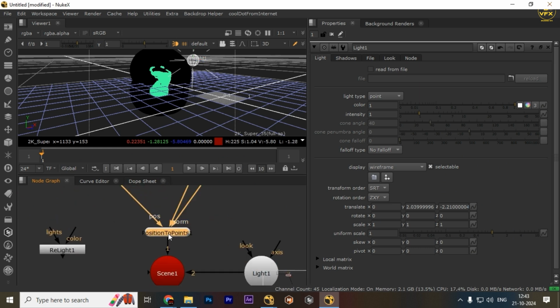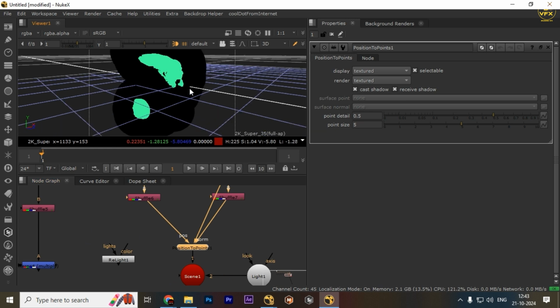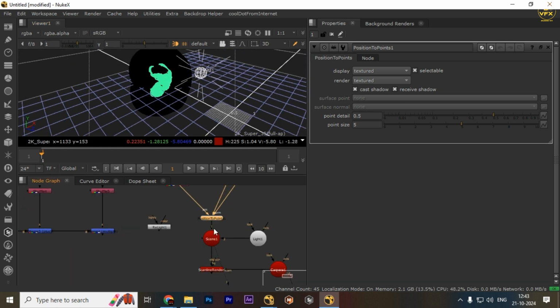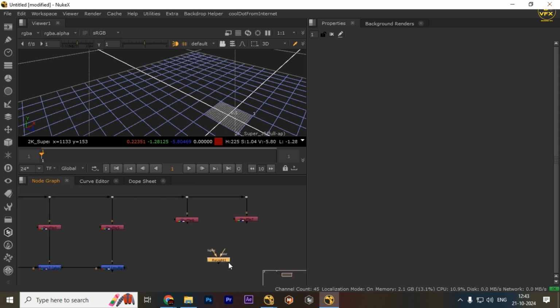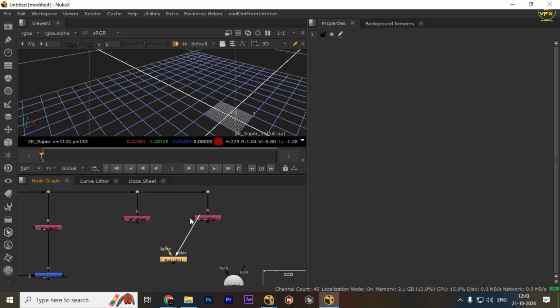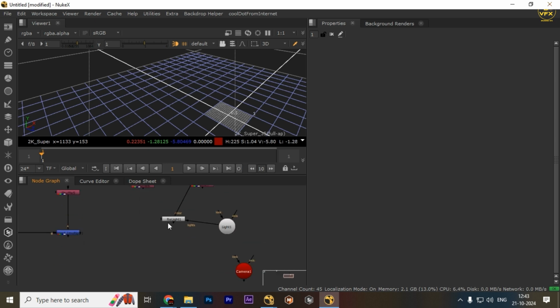So basically, what is position to points? Position to points is taking the model, it's generating points, like a point cloud. So I can take any light and I can check that. But for now, I don't need this position to points, and I don't need this option also. I need the camera and the light. So basically, take a relight and give the color to the color, light to the light, and you can connect the camera. So I have the camera. You guys can connect this camera to camera